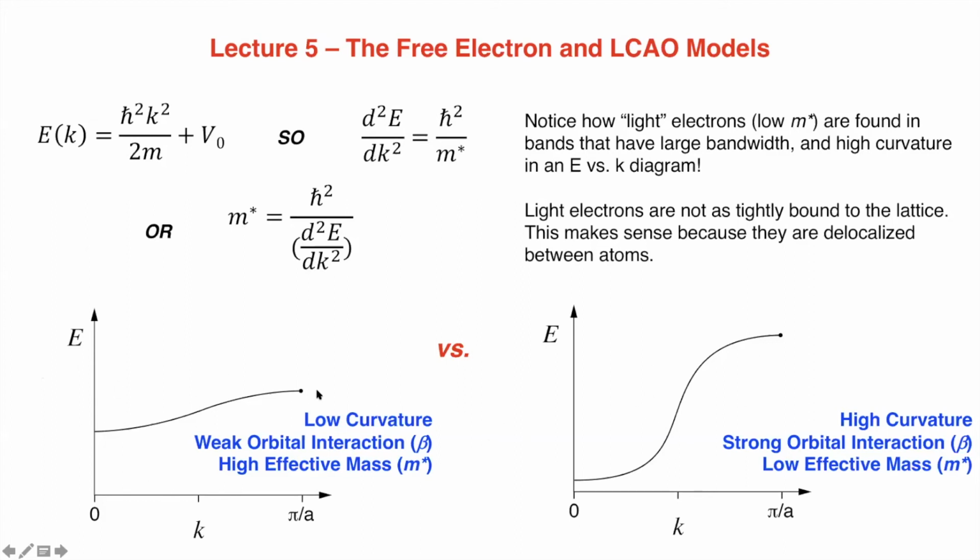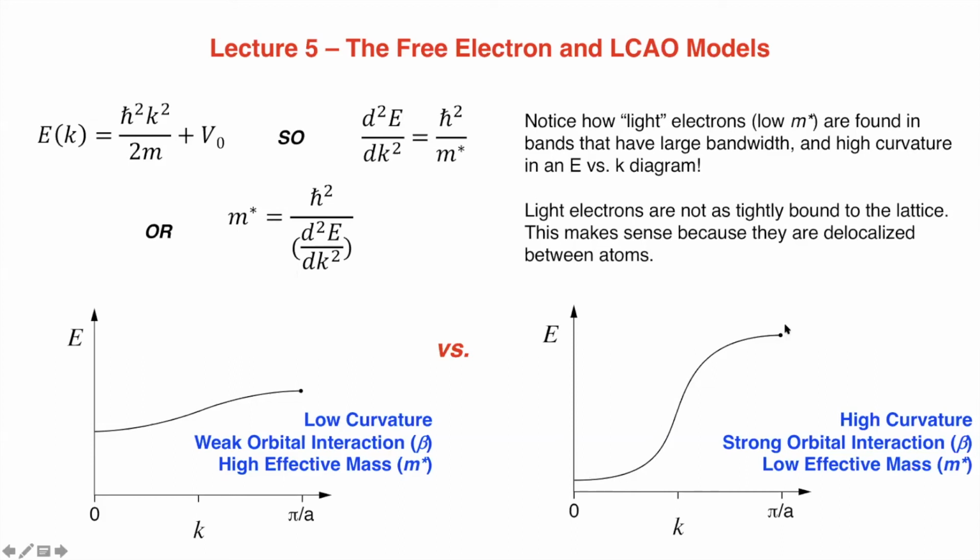This one has a small bandwidth, this one has a large bandwidth. This one has a small curvature. This one has a much larger curvature, okay? And that curvature here is inversely related to the mass. So for a low curvature, the effective mass is large and the electron likes to sit still on the nucleus,